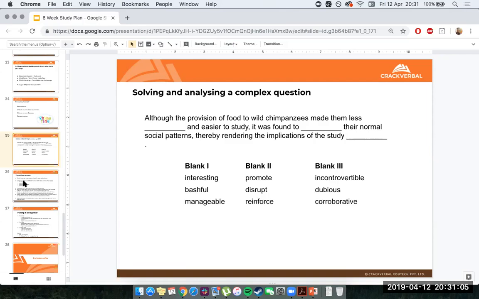What was the mistake that I made? What was the nature of it? It's not just, oh, I picked incontrovertible and it's dubious. What can I learn about how to not pick such an option again? What can I learn about where my energy and focus needs to go? All of that information is ultimately going to help you get into the right position. So it's not just doing the questions. You want to spend as much time analyzing the questions as doing them.